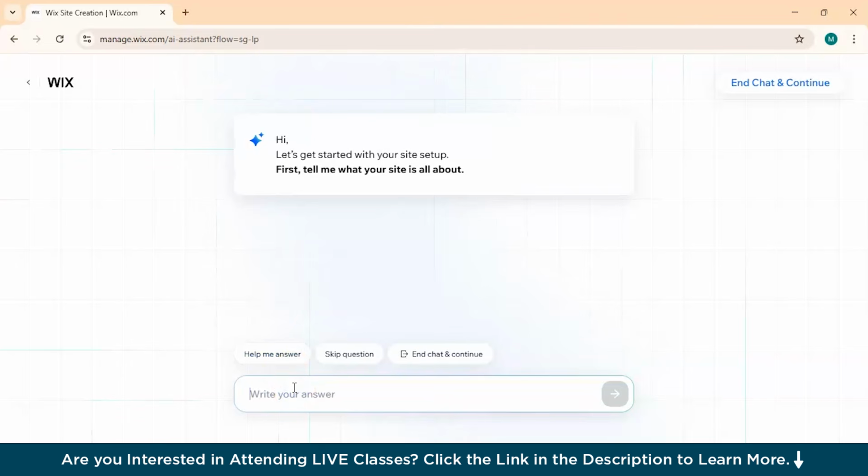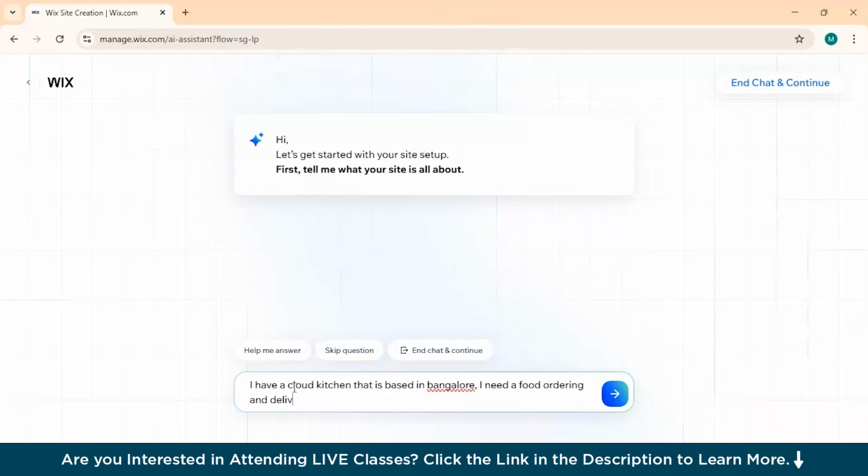So I'll just tell I have a food website. I have a cloud kitchen that is based in Bangalore, and I need a food ordering and delivery website